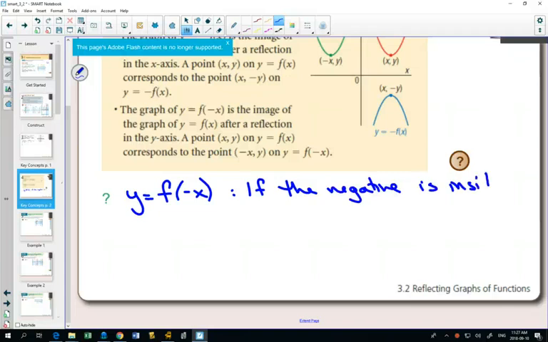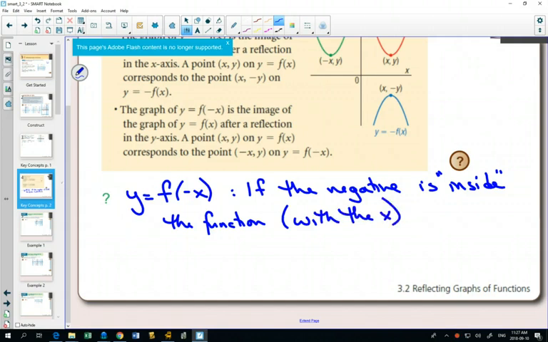If the negative is inside the function, so again we're using that language of inside and outside, in other words, it's with the x, then the negative affects